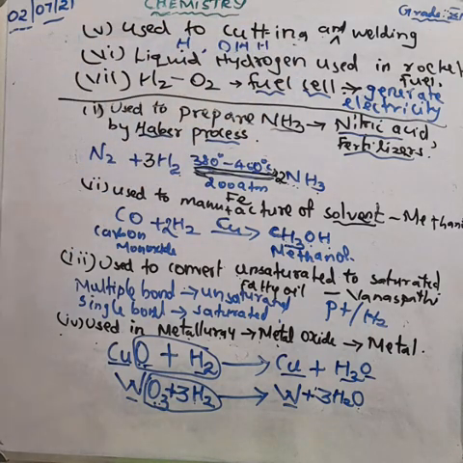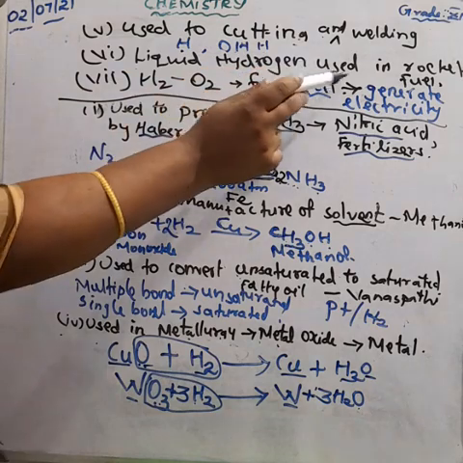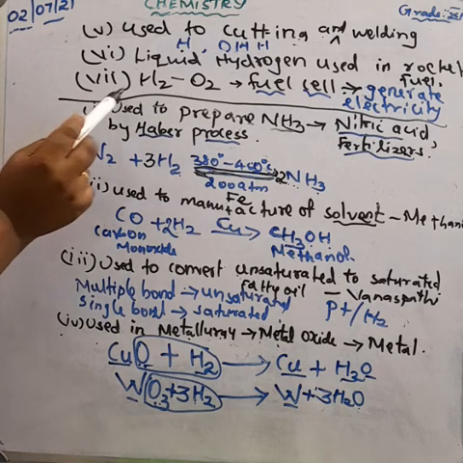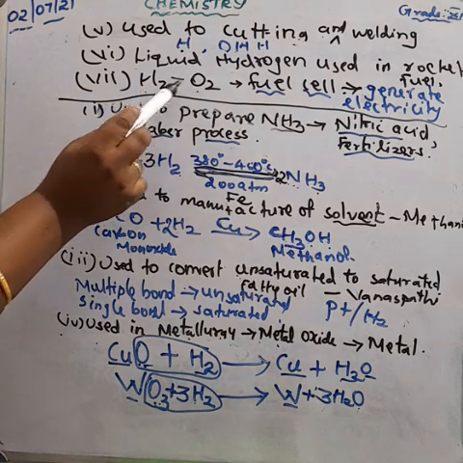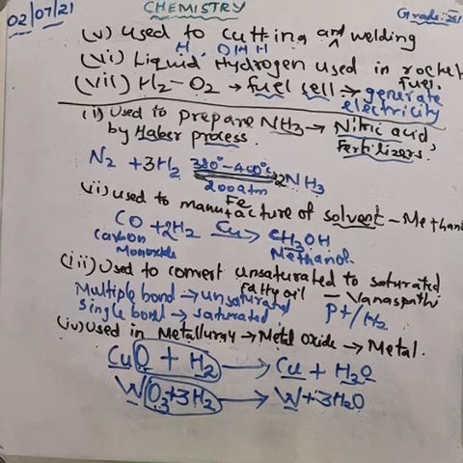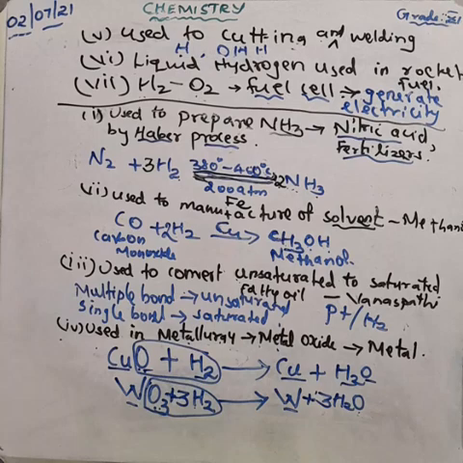What is the sixth use? Liquid hydrogen is used as the rocket fuel. Okay, what is the seventh use? Hydrogen is used in fuel cell to generate the electricity. These are about the uses of hydrogen. Very, very important. Okay, study well. And then next topic,